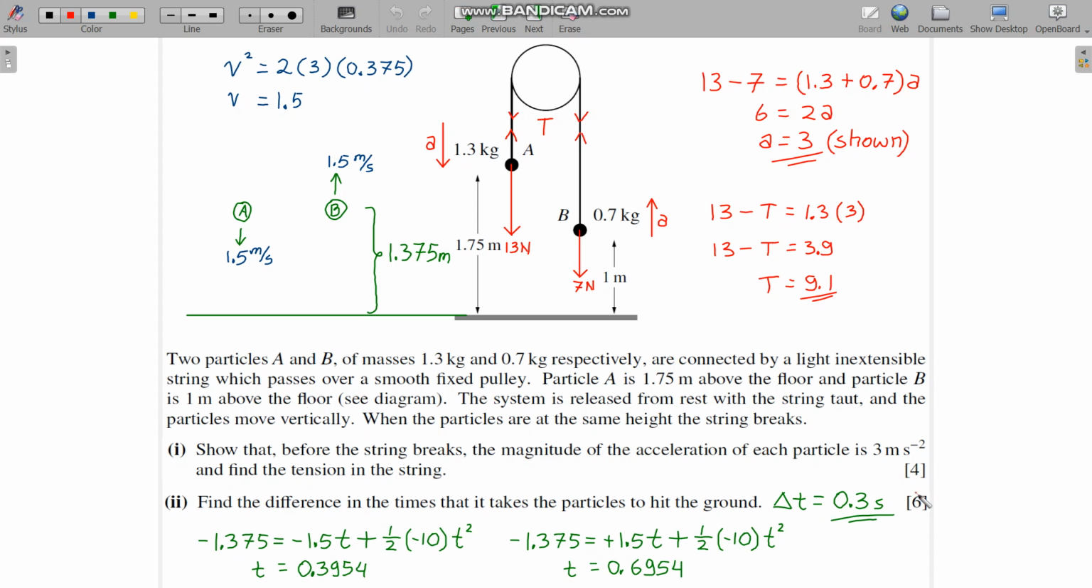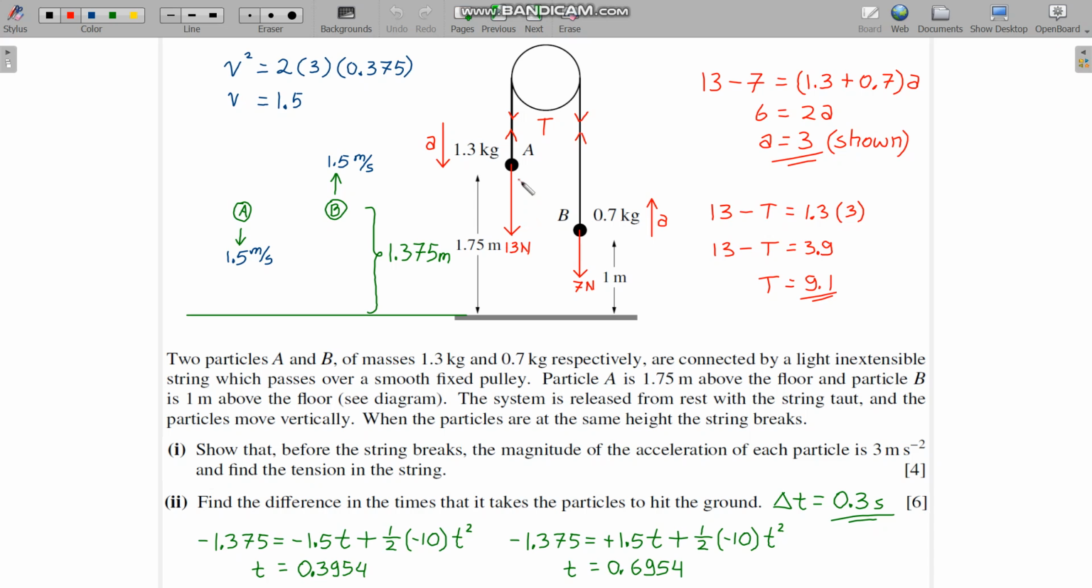6 marks. So when the particles are at the same height, the string breaks. So at the same height means after object A is going down 0.375 meters and object B going up 0.375 meters, of course. So this means the height above the ground when the string breaks is 1.375. So this is when the string breaks, and we can find the initial acceleration here. Because of this acceleration, which is 3, traveling down